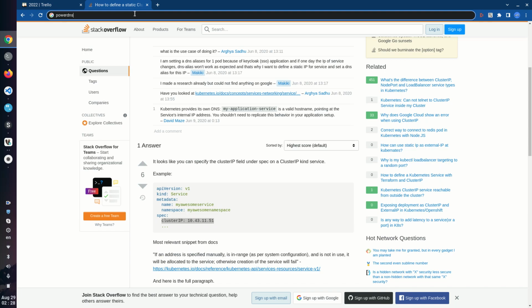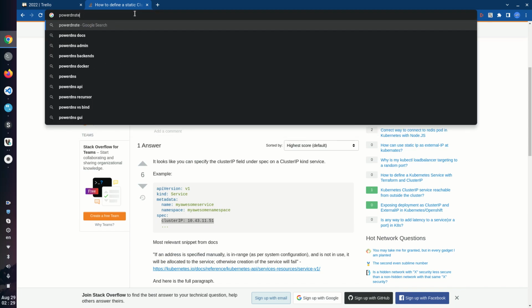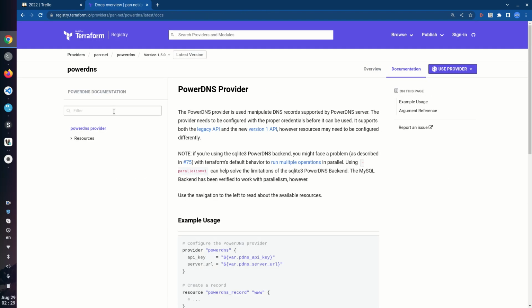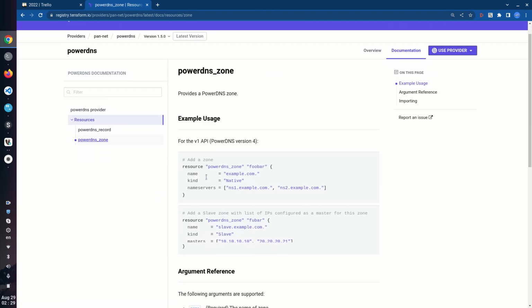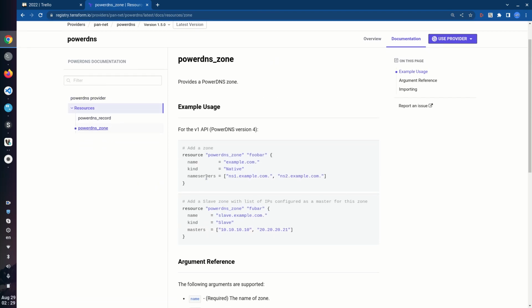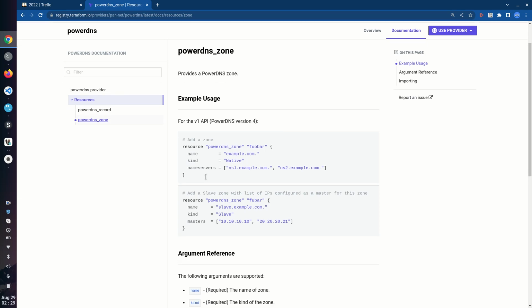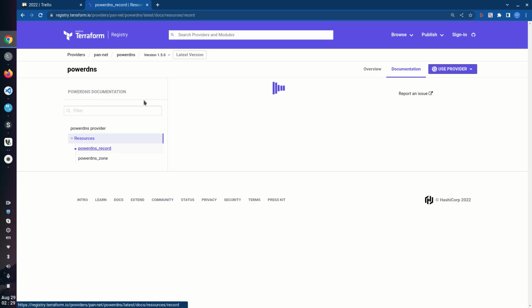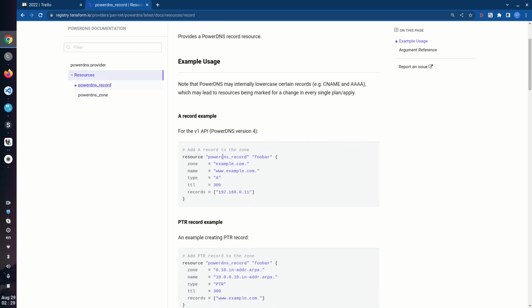Yeah, Terraform. We have a Terraform provider here, which is from Pan et. I think it's a good one, hopefully. So we have a DNS zone here, which is really good. I don't care about slave or anything. I just care about the PowerDNS zone, and the name server is okay. I don't care. The record, I think, is okay. The record is all about